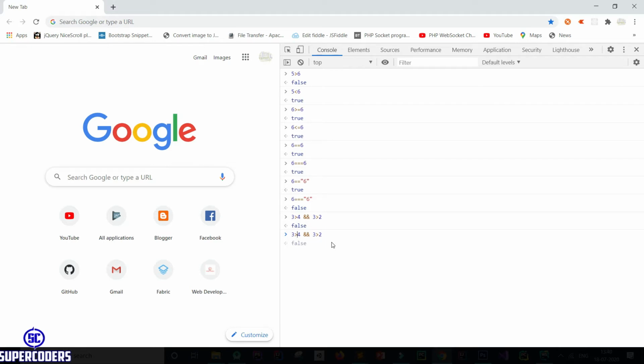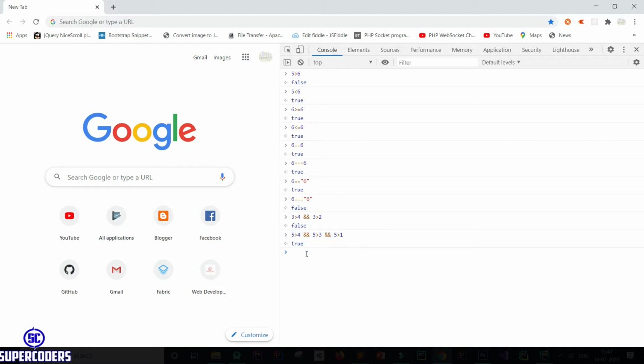Also, if I write 5 greater than 4, 5 greater than 3 and 5 greater than 1, you can see all conditions are satisfied. Means 5 is greater than 4, 5 is greater than 3 and 5 is greater than 1. So all conditions must be satisfied in this. So this is used for checking multiple conditions at the same time.